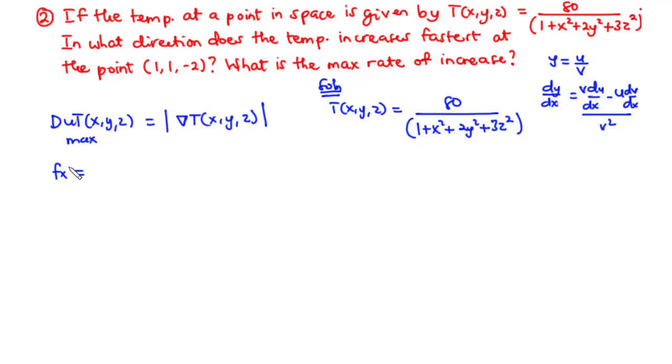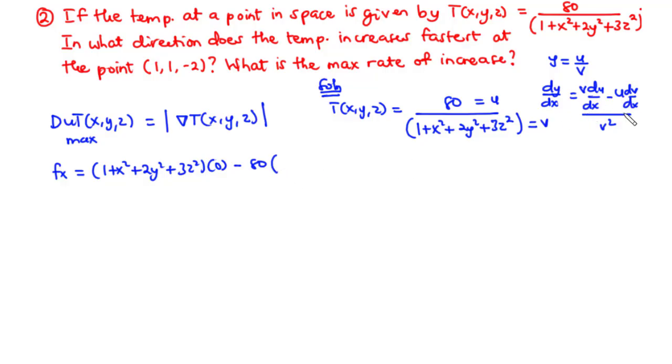So we first consider the numerator to be u and the denominator to be v. So then we have 1 plus x square plus 2y square plus 3z square times du dx. When you differentiate 80, you have 0 because it's a constant,